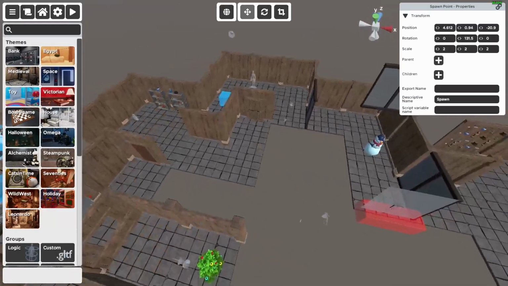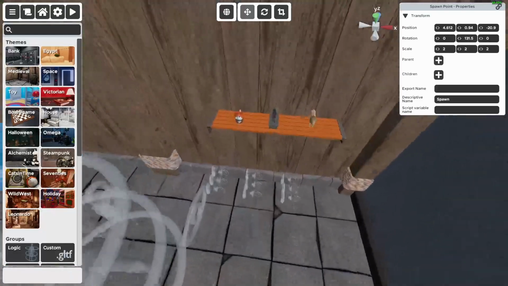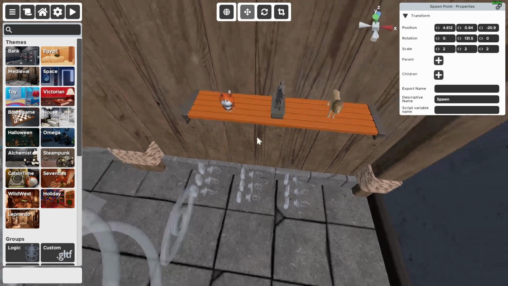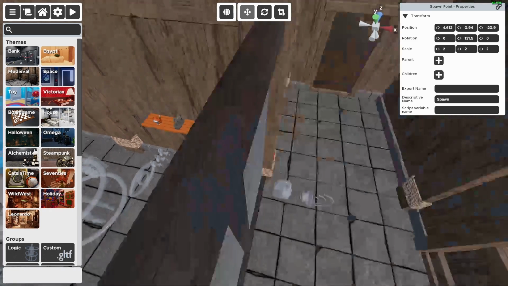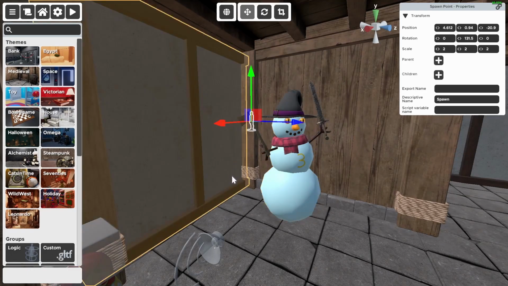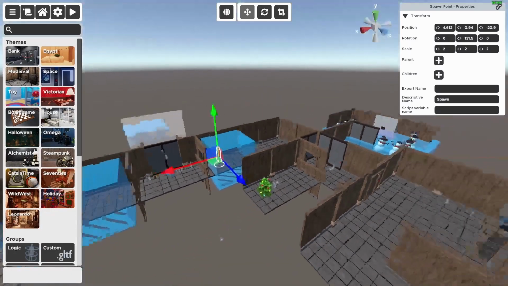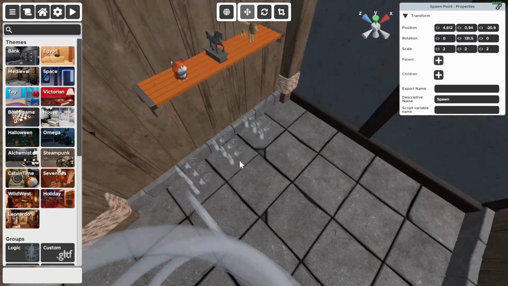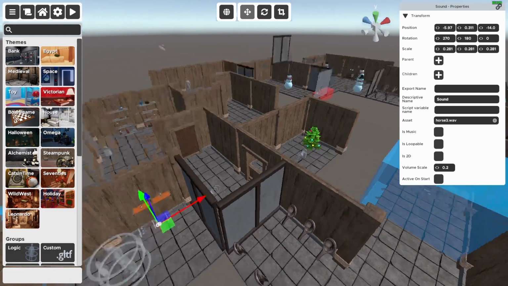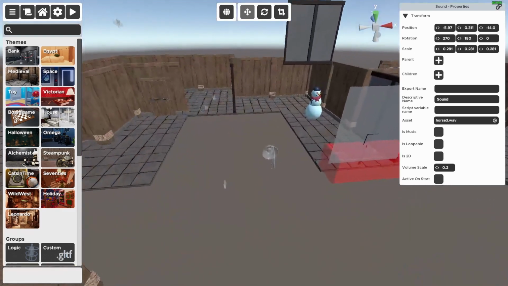There are a couple of tricky things, like I couldn't find any way to restrict the audio, so for quite a while the audio that was playing over this side for this puzzle was also heard from over here by the other player, so they could just listen to each other's audio sources playing at the same time. There's no way to set a range on the audio sources that were playing over here so that I could stop the player over there from hearing them. So I just had to set the volume scale to be quite low, but also I put this